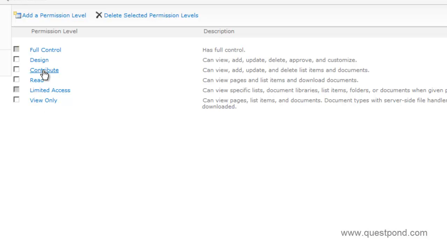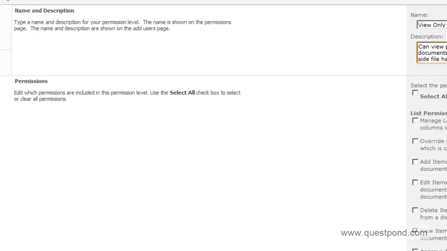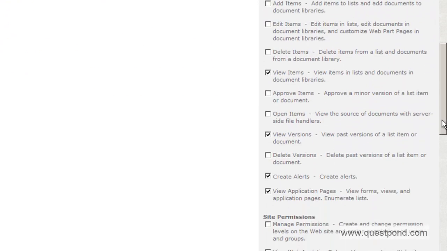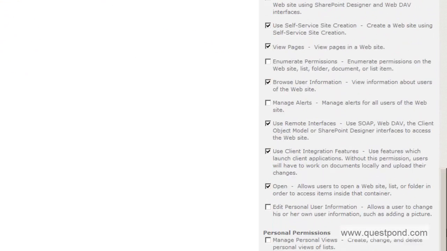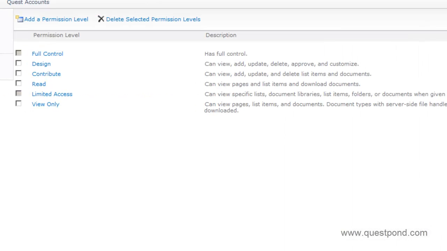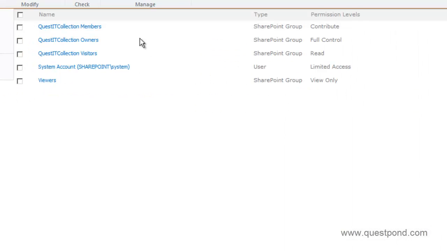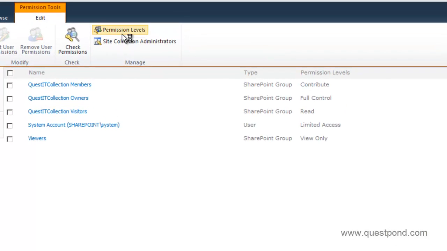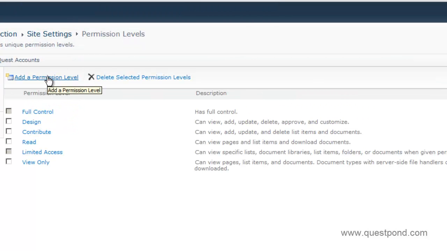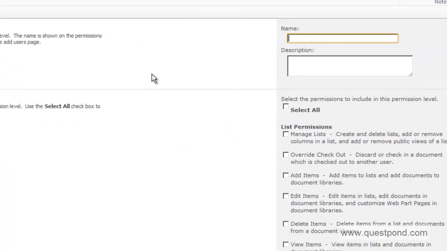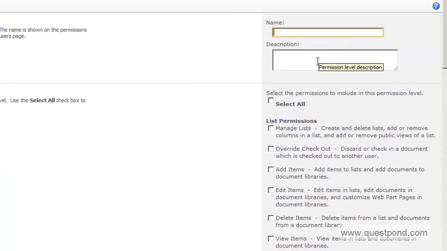If you are really interested in each of these permissions, you can click on this link, and it will tell you what kind of permissions the current permission level has. So the first point is permissions, and if you want to create your own permissions, you can say add a permission level, define a name for the permission. For example, I can say my permission, something like this,